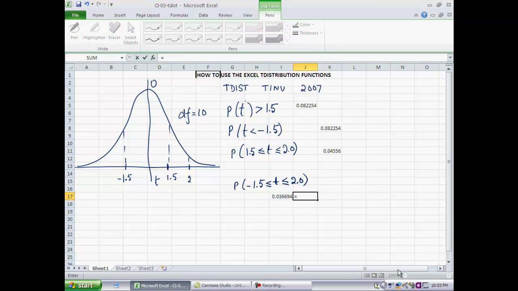So we will say equal to Tdist 1.5, 10, 1. Okay, so it's 8.2%. So this 3.6% is the area to the right of 2, 8.2% is the area to the left of minus 1.5. Now if I add these two up,